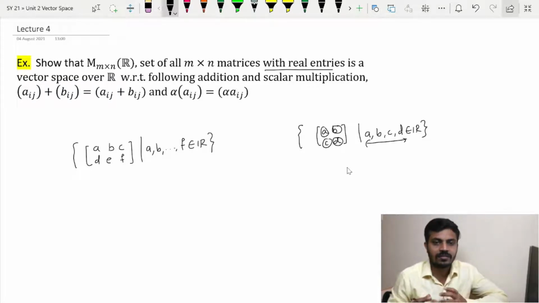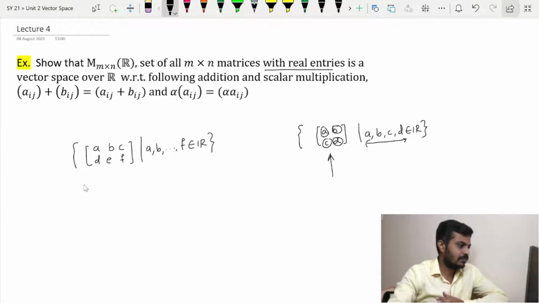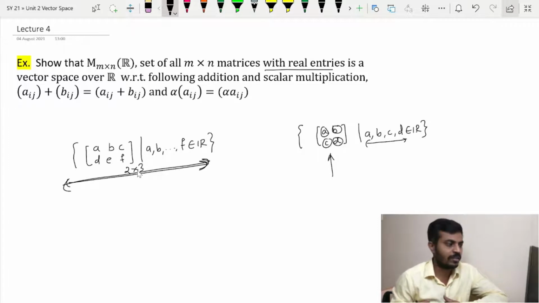Now you will say, what exactly does it mean? I mean whatever 2 by 2 matrices you know with real entries, you simply put them in this set, and that's it, this set will become a vector space. So this A, B, C, D has infinitely many choices. You can choose any value of A, for that matter pi, e, 101, 1 lakh, anything. Similarly for B, C and D, and the same is possible over here as well. We can show that this is also a vector space over R, but note that over here it is a collection of matrices of order 2 by 3. So all these are vector spaces.